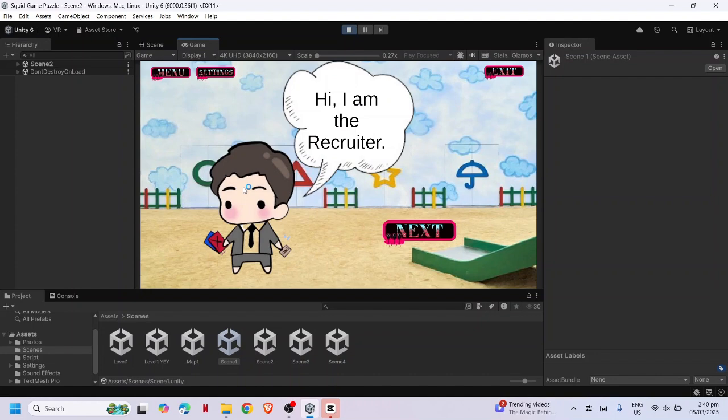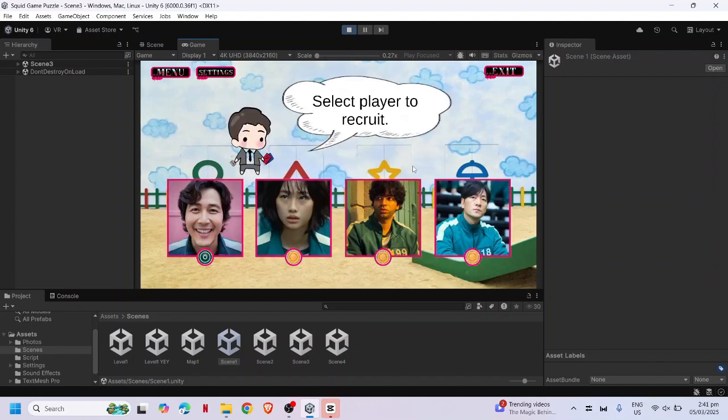And if we click play, we are now in scene 3, which shows the different levels, or the different players, which serve as the levels of the game. If we see these green circles, it means that that player is unlocked and we can play this puzzle. But if the circle is yellow, it is locked. If we click the locked players, the lock panel will show and say that the player is locked, so we cannot play till the previous puzzle is solved.